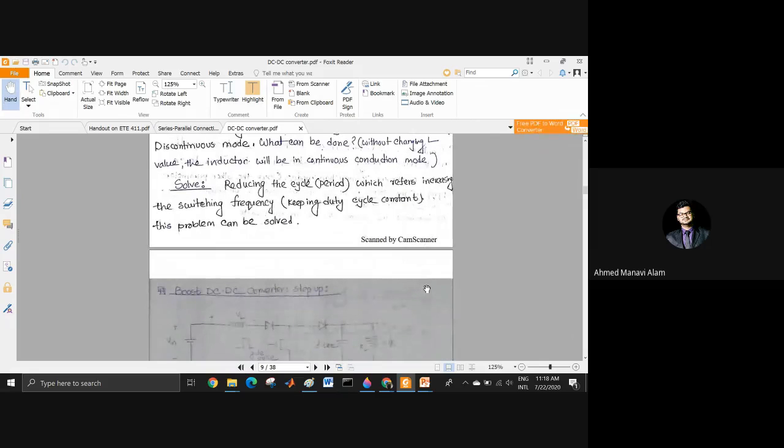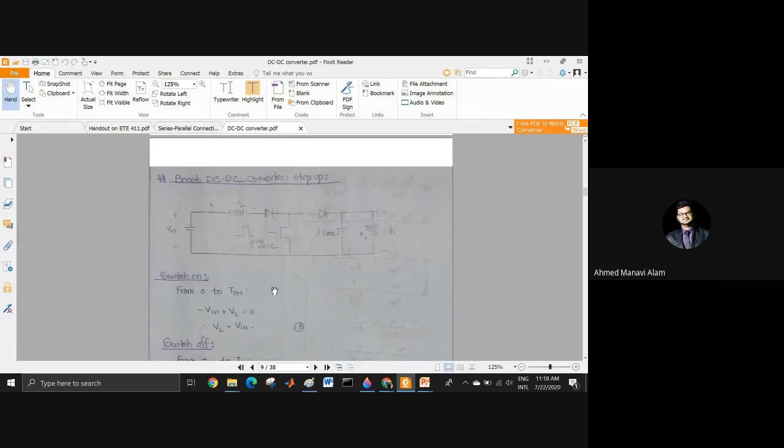Today, as we have already discussed a step down converter, it is only possible for us to get a topic which will step up the voltage. So today we will discuss the topic which is the boost DC to DC converter. By the word boost, you have already understood that it has to be a step up converter.